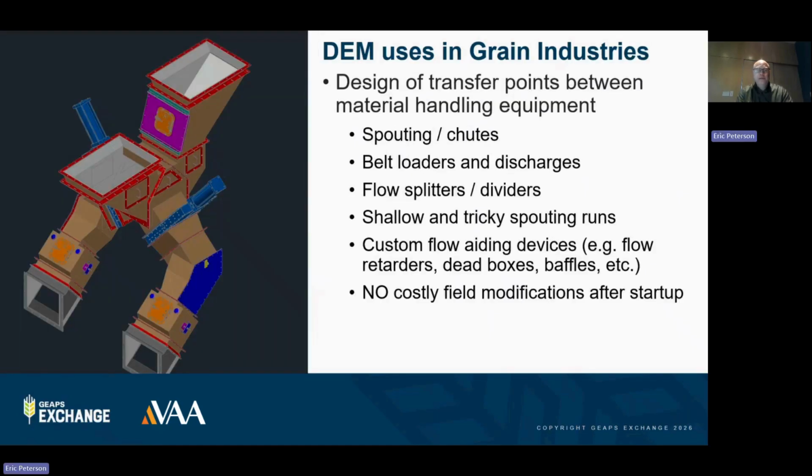Other uses that are much more prolific, or can be prolific, is the design of transfer points between material handling equipment. So this involves spouting, or sometimes called chute work, between one conveyor and another conveyor, or maybe between some conveyors and a bucket elevator, or a bin and a conveyor. It can involve custom designed flow splitters or dividers, where you're trying to split the flow from one source to two sources equally. You can also use it to design very shallow and tricky spouting runs that you couldn't really